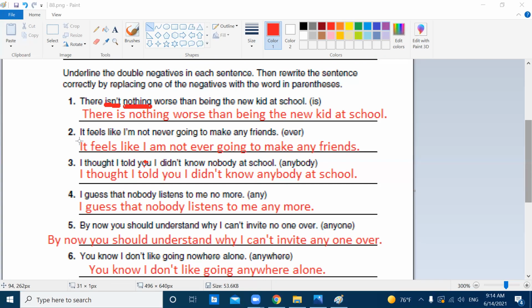It feels like I am not never going to make any friends. It feels like I am not ever going to make. Yes, honey, I don't want you to change it. I want you to read the sentence and tell me what the 2 negatives are. What are the 2 negatives in the sentence that's in the book? Never. Okay, and